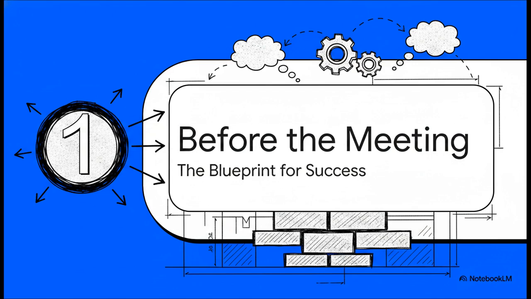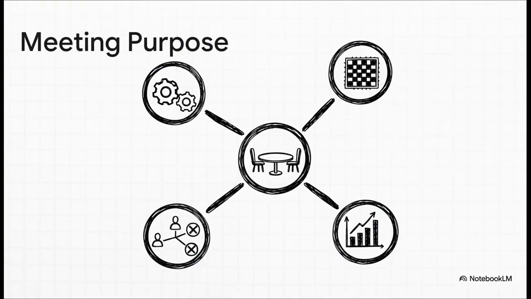And I gotta tell you, this is critical because the success or failure of almost any meeting is decided before anyone even walks into the room. This is where you lay the entire foundation. So, rule number 1 is super simple. Every meeting has to have a crystal clear purpose. Are you doing high-level strategic planning? Are you getting into the weeds with operational plans? Just a simple progress review? Or is this about making a key decision? If you can't define the goal using one of these categories, well, you should probably just cancel the meeting.